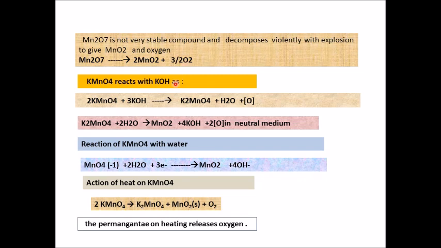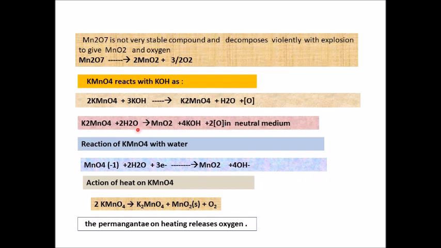So finally we came to the conclusion that KMnO4 with concentrated H2SO4 under hot conditions releases oxygen instantly, and in cold concentrated H2SO4 it gives first manganese heptoxide, which then reacts violently to give manganese dioxide, and oxygen is liberated. With KOH, it liberates oxygen but the reaction is very slow. Again, manganate is formed from permanganate. Now, this manganate will react with water and finally form MnO2 and again give me KOH, and nascent oxygen is